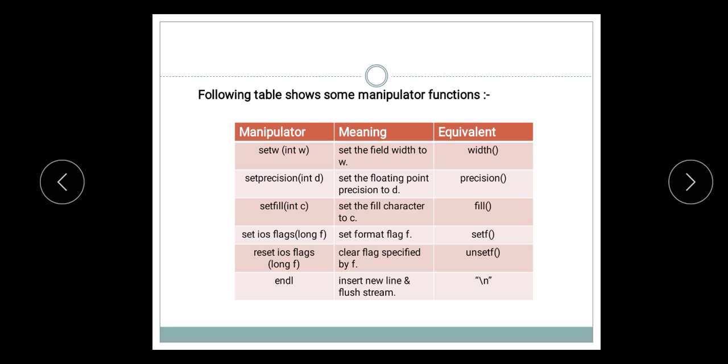Once you have set the different flags inside your program, in whichever format you want to display the output, after displaying that output you need to reset that flag, that is clear the specified flag, unset. This manipulator is equivalent to the unsetf function of the ios class, and we use endl for inserting a new line and flushing the stream, which is equivalent to the \n.